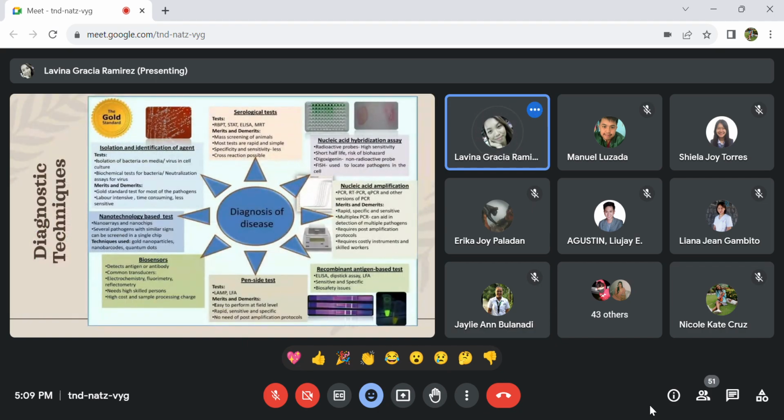So, you have still here the gold standard. So, I think doon sa mga nag-report kanina proposal, no, because they will going to use mga test or diagnostic test. Well, those are, kaya nga na-question kanina, if these are the gold standard.